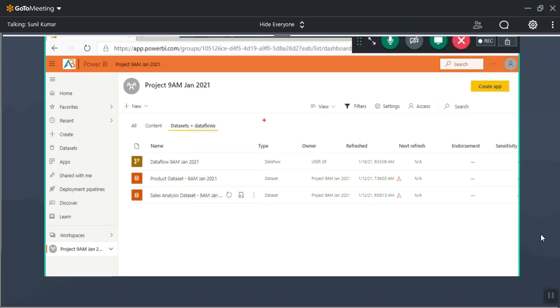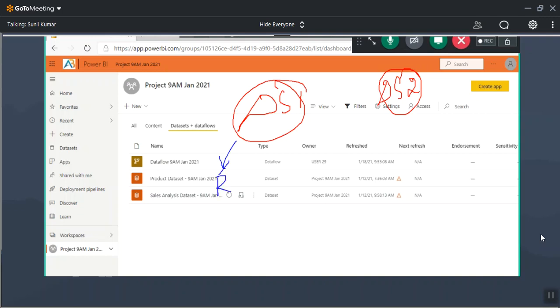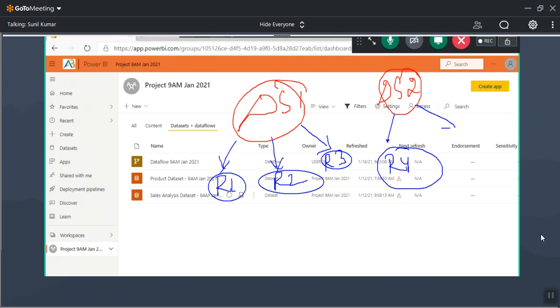On top of data sets, say data set 1 and data set 2, we create reports. On top of data set 1 we created report 1, report 2, report 3. On top of data set 2, we created report 4, report 5, and report 6.